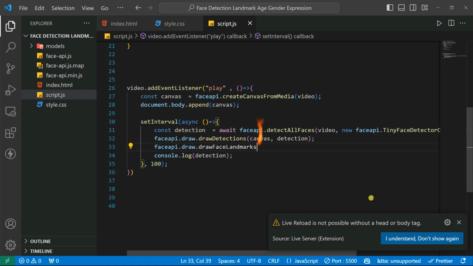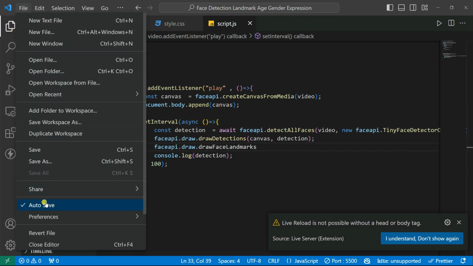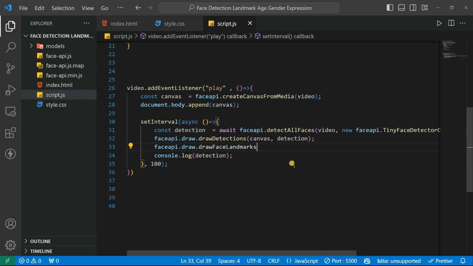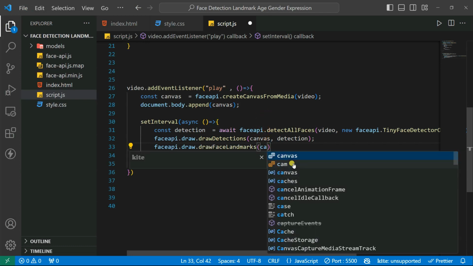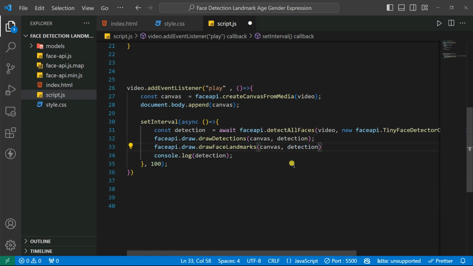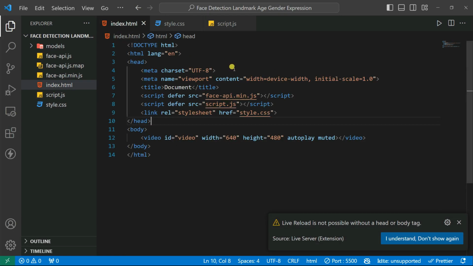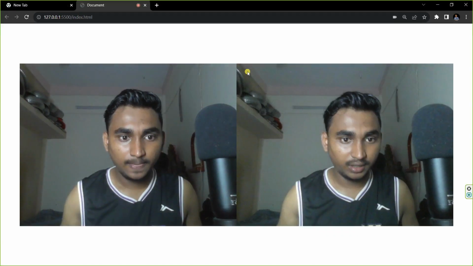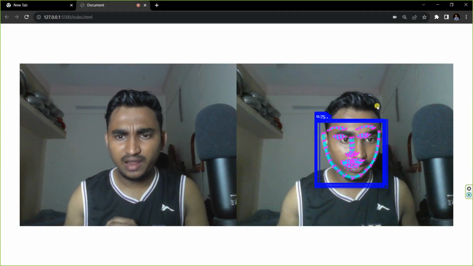Okay, it's automatically run because auto save mode is right now on. So that's why I'm going to close it so that we don't get this kind of pop-up menu again and again. So I'm going to pass here my canvas and also my detections, right? So that's it. We pass here my detections and also the landmark. So now if I save it, and also save the style.css, and now if I go on here, you can see the landmark is detected,